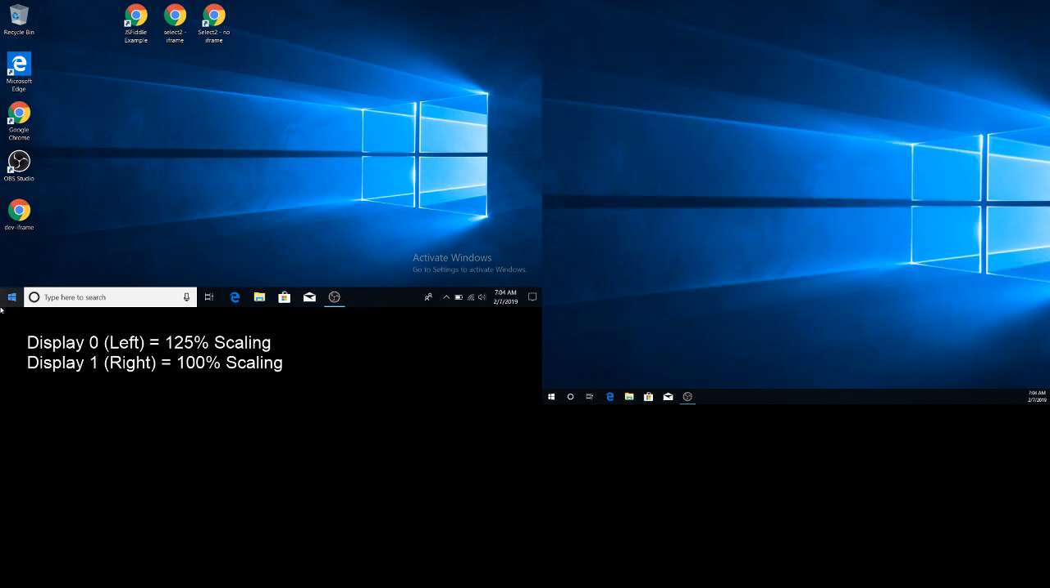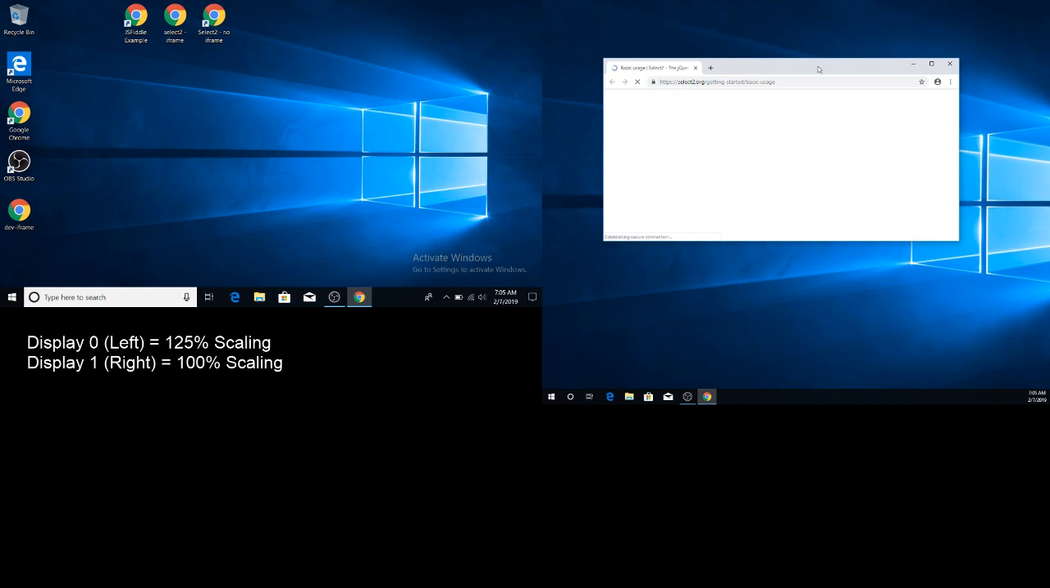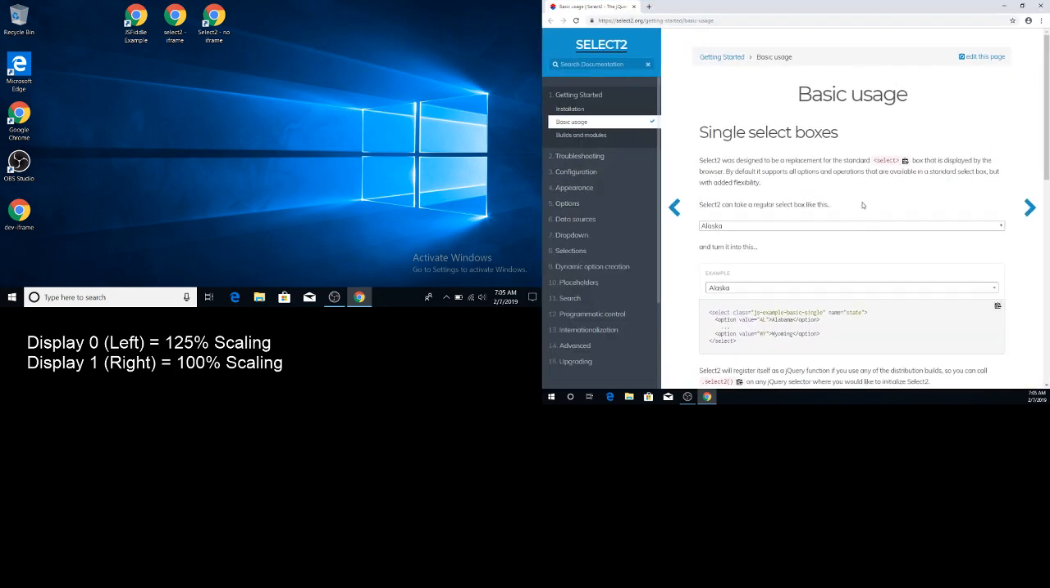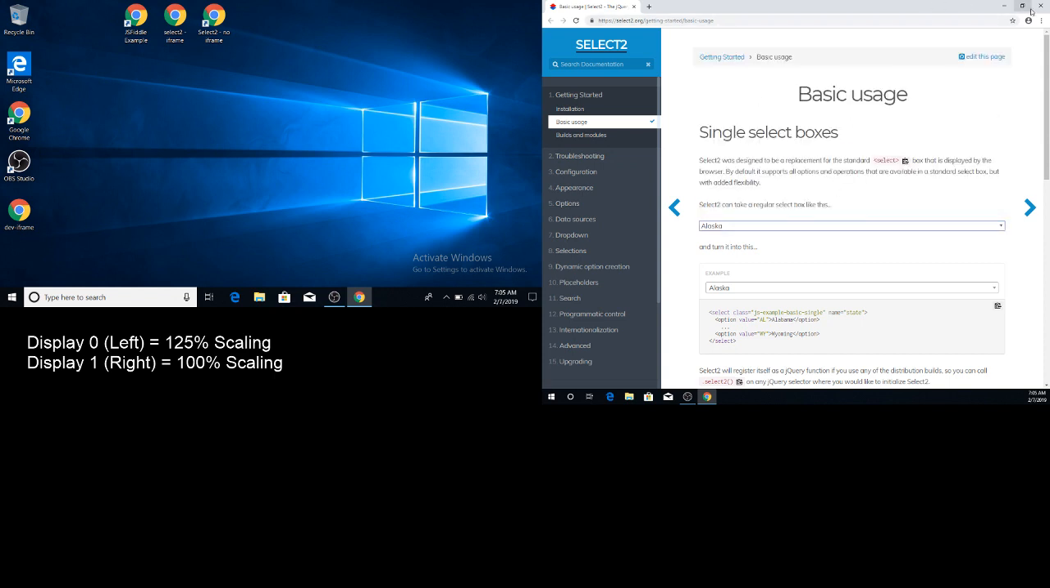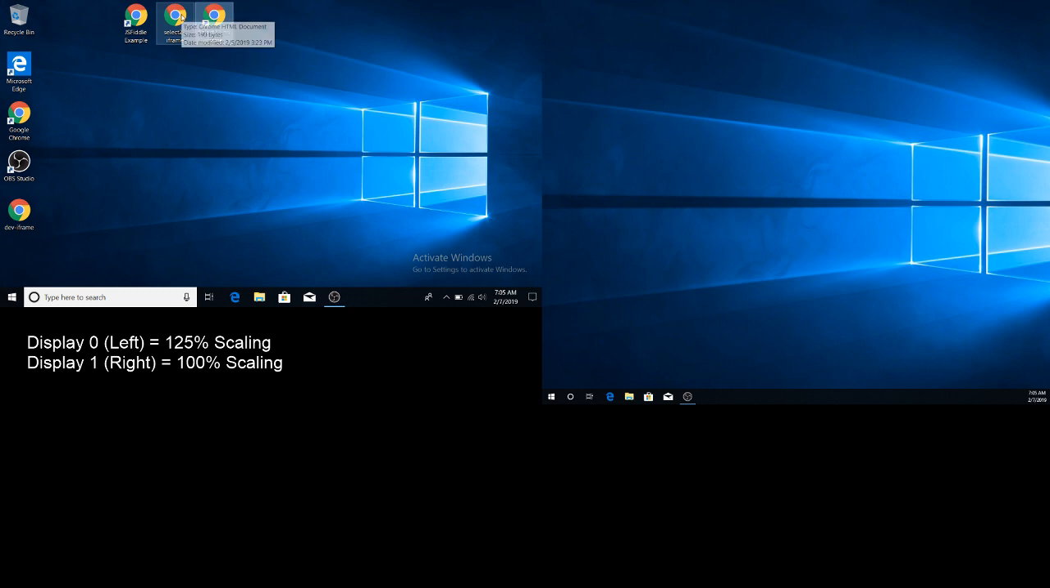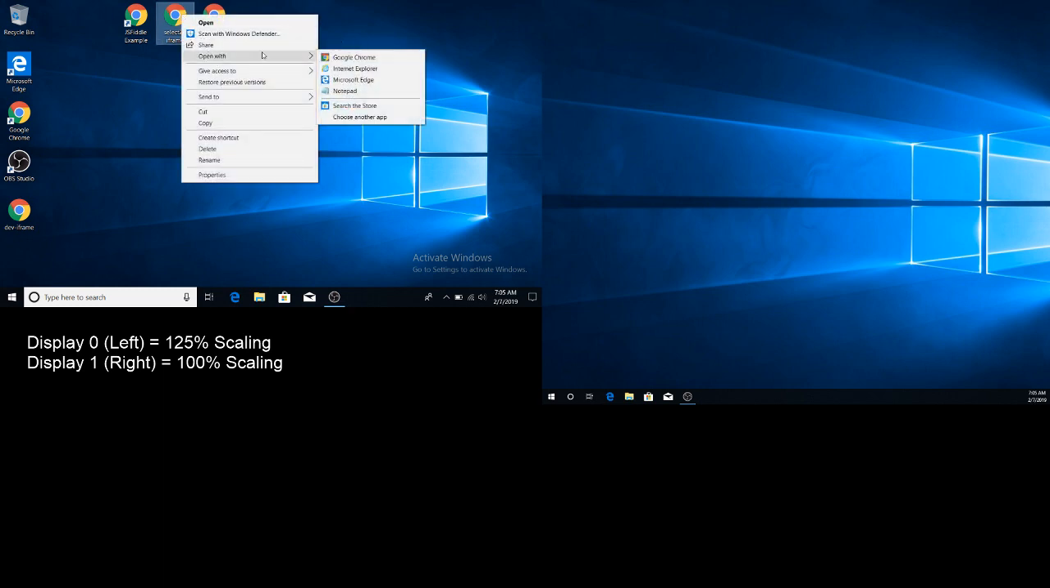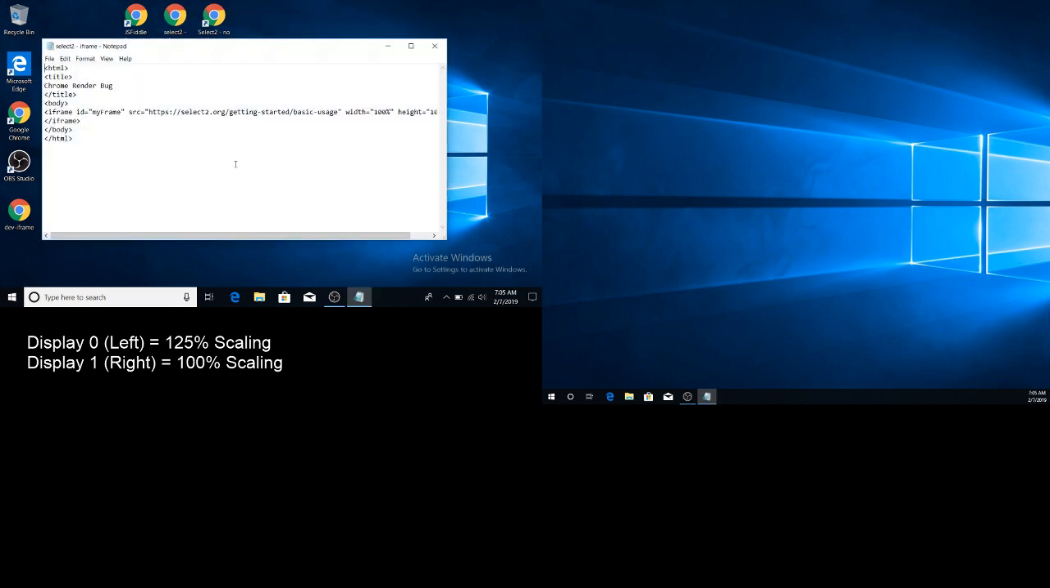So again, we'll do open. This is the select to website. Maximized. We'll do a refresh, and as you can see, it works perfectly fine. This is not inside an iframe. Now, if I open up the same page in an iframe, and I'll open this up in Notepad, as you can see, it's just simple